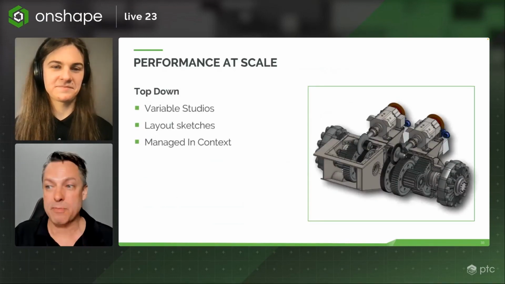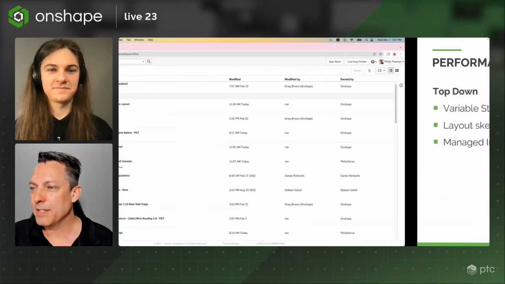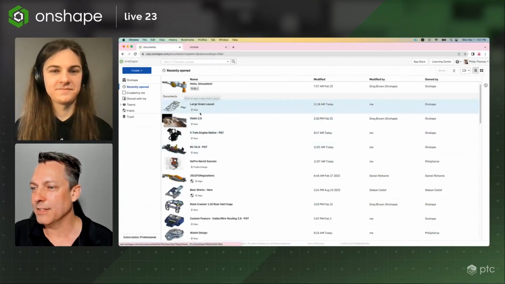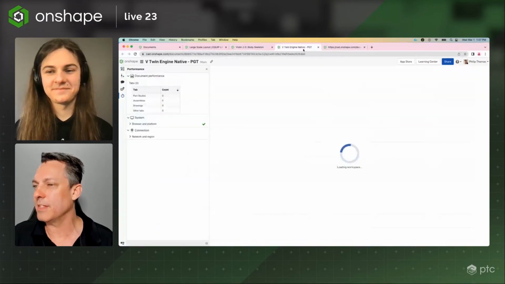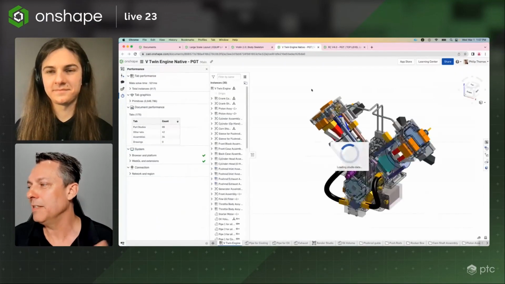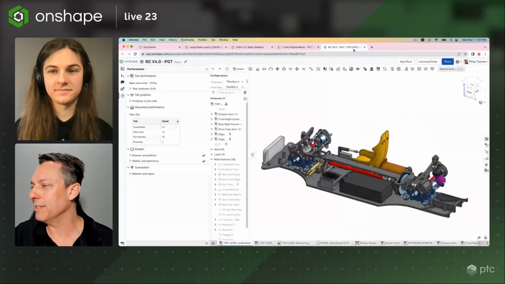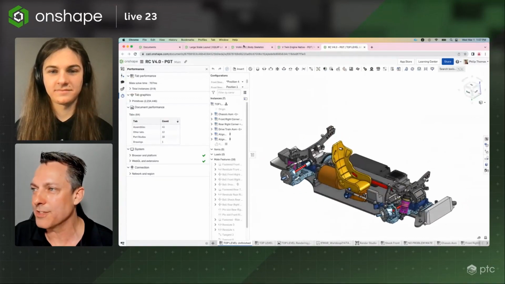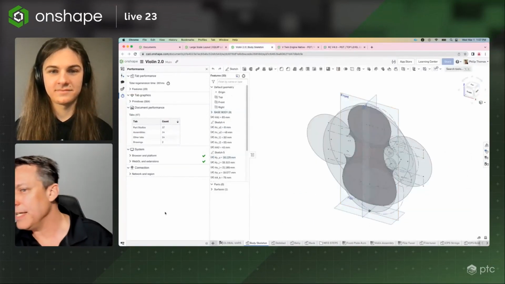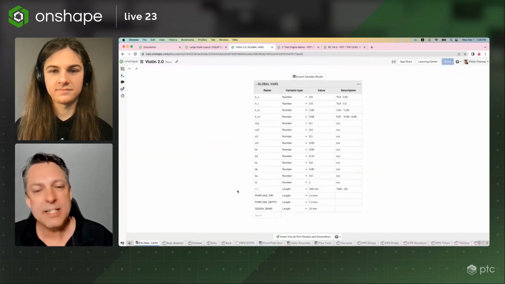And we're going to use variable studios, layout sketches, and managed in-context designs. I love opening stuff in real time. Here is some of my data sets that I like to use. This is about an 800 part assembly, open, right, matter of seconds. Here is a colleague and friend of mine, Greg Brown's car that I'm going to be using for some of these presentations. But I'm going to start with a design, a variable studio,